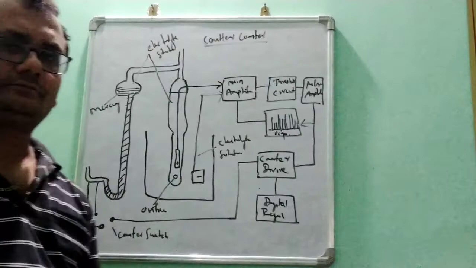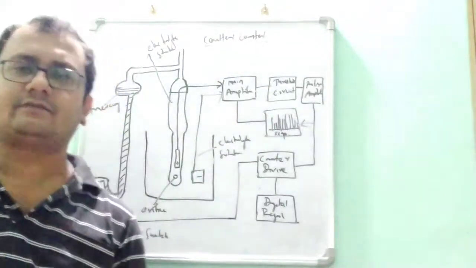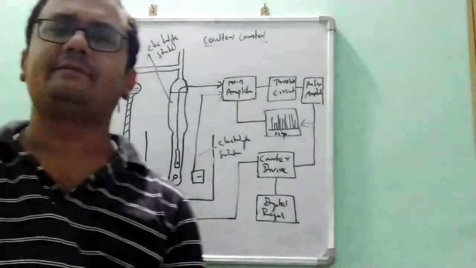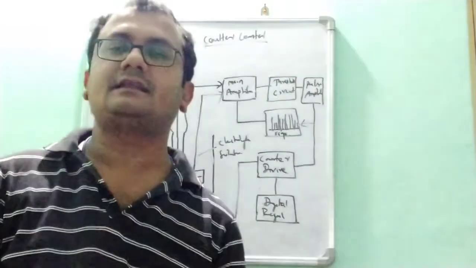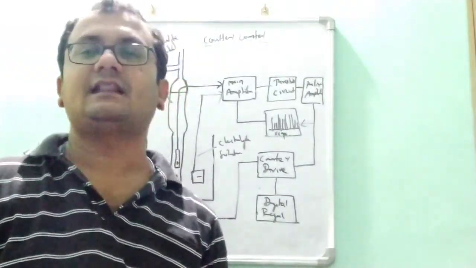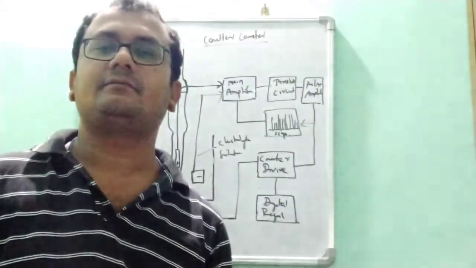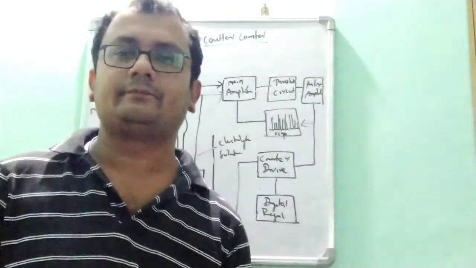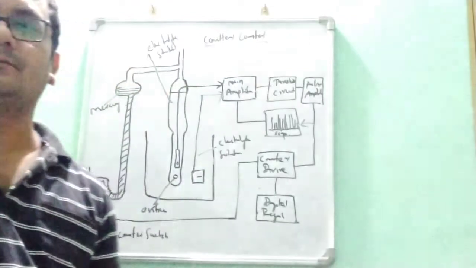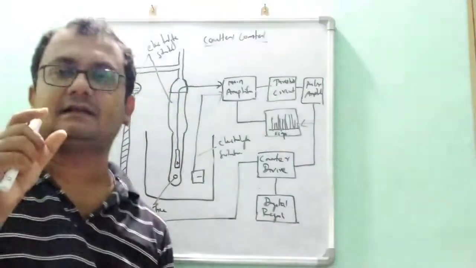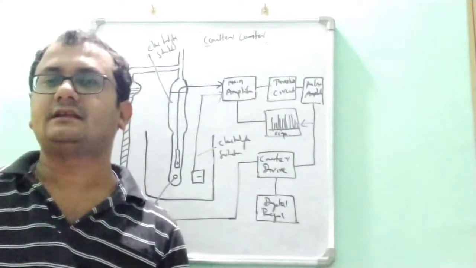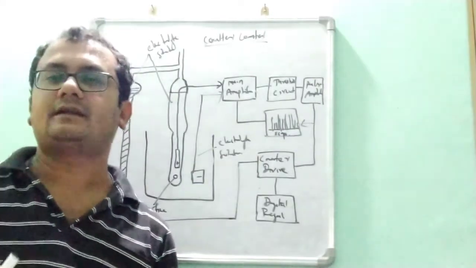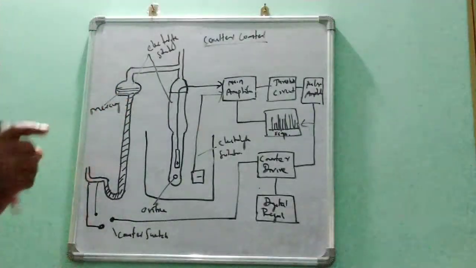So there are so many types of diameter I told you, but here we are going to find out the particle volume because the final result will become the particle volume. That particle volume we are calling the particle diameter. So the volume diameter here we are considering. For the volume diameter, already I told you what is volume diameter.